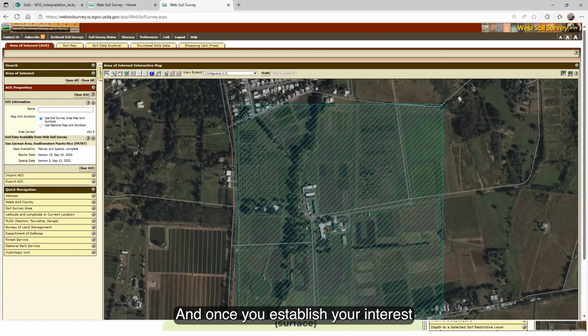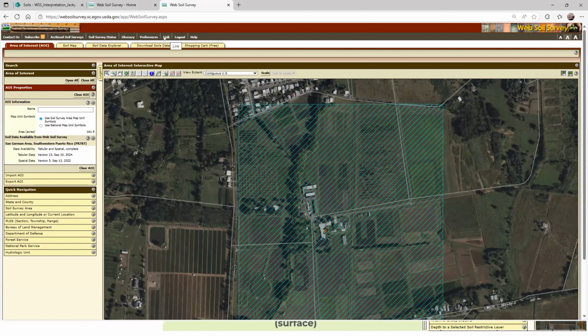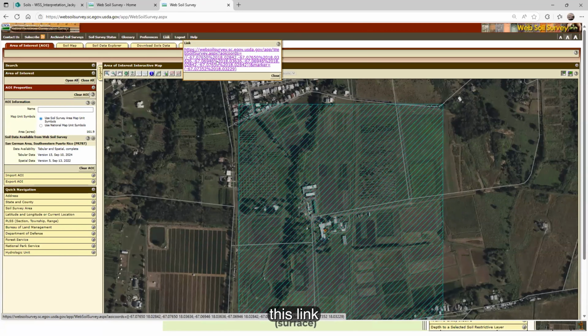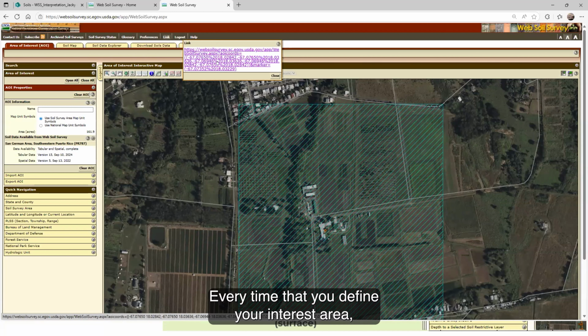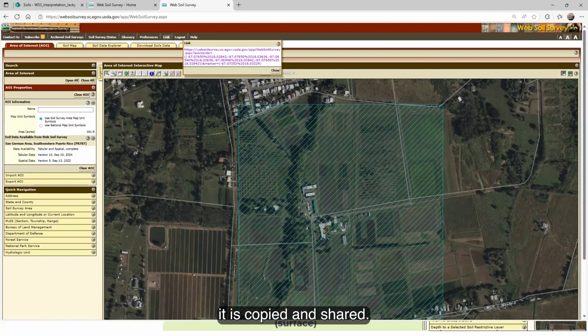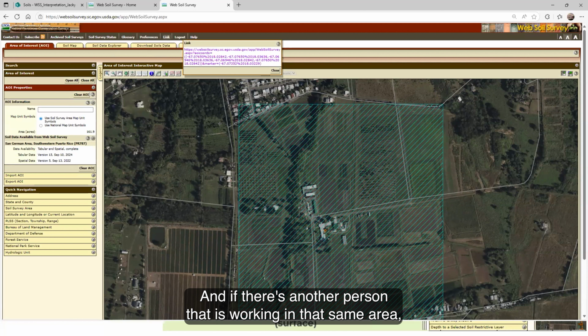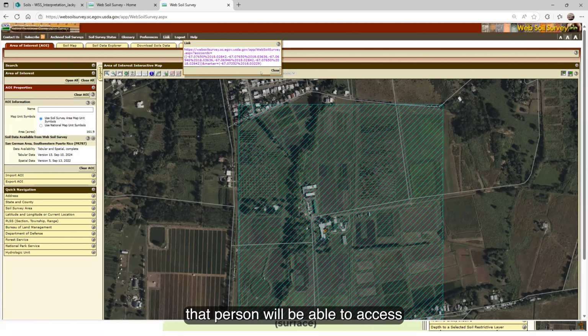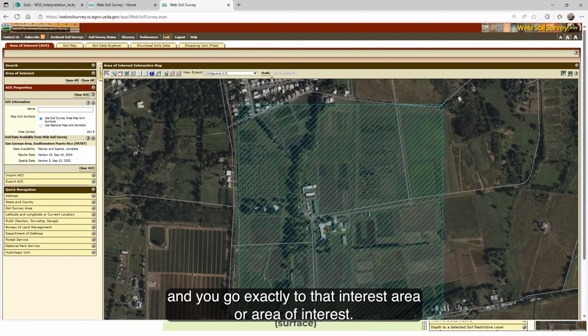And once you've established your interest area, automatically, if we go to the principal menu and go to link, this link will be updated every time that you define your interest area. It is copied and shared, and if there's another person working in that same area, that person will be able to access that exact same area. So you click it and you go exactly to that interest area, or area of interest.